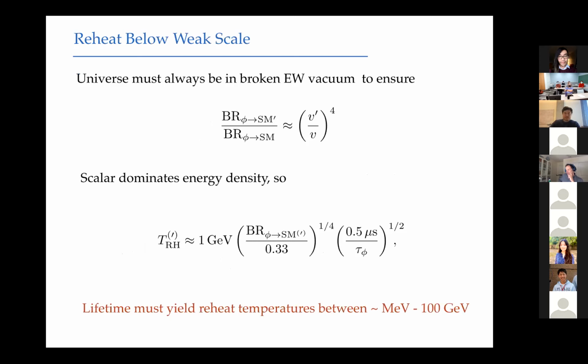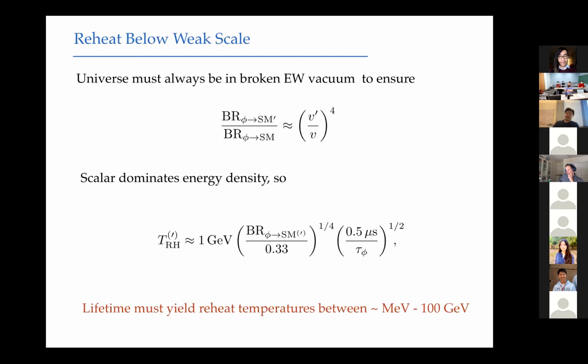Which is actually what I just told you in leading up to this slide. We have to always be in the broken electroweak vacuum, and that imposes a certain requirement on the branching fractions and lifetimes of this field. Here, this is calculated on the assumption that the field dominates the energy density. So you map this on to whatever parameters govern the total width. We've checked that it isn't impossible to do this, that there are reasonable parameter choices that you can make given this construction. But at the end of the day, we do need to ensure that in both sectors, the reheat